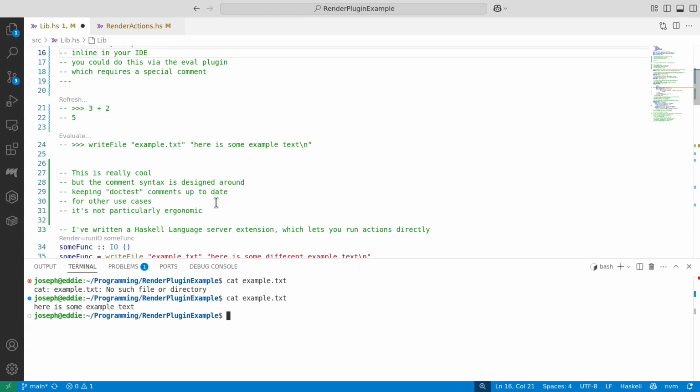expect. So this is really cool, but the way that this works is really designed around populating doctest values. And if what you want to do is just evaluate statements and evaluate your code interactively, it's not tremendously ergonomic. It requires you to write a comment, and it requires you to have any functions that you're going to use imported and in scope. So I've written a Haskell Language Server plugin, the render plugin, which lets you run actions